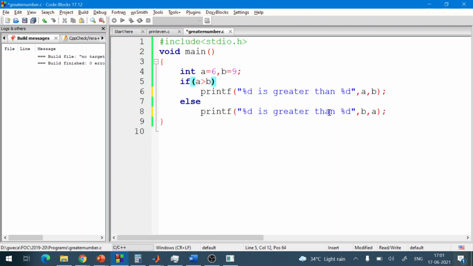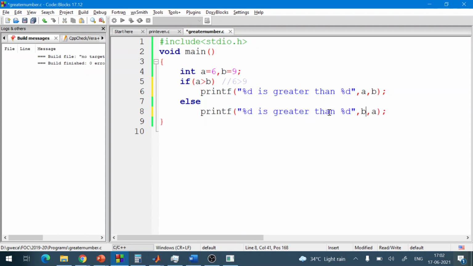This condition is false, because 6 is greater than 9 is not true, so it is false. So this statement is not going to run, but the else statement is going to run.